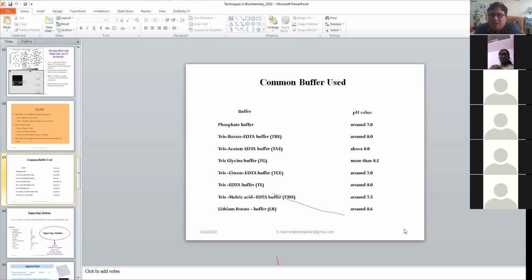Yes, sir. Now you have to tell me, suppose we are not using a buffer, and in place of buffer, you use water for making a gel, what happens? It will heat up, sir. The ions are required for the constant movement. Yes, please tell me, anyone. So the ions which are required for the movement, water is not responsible for that.